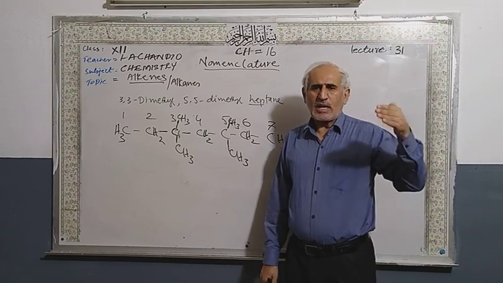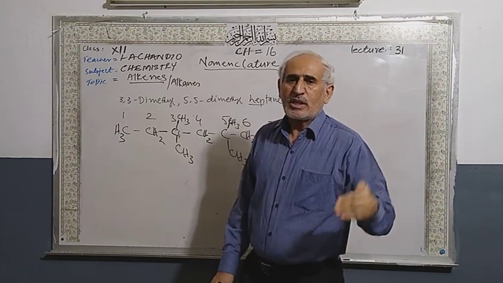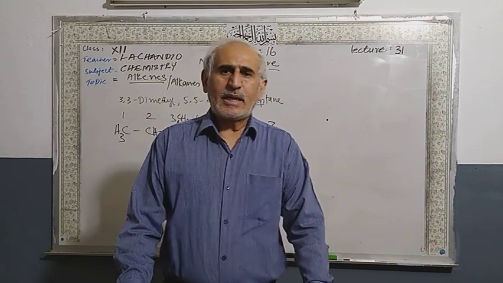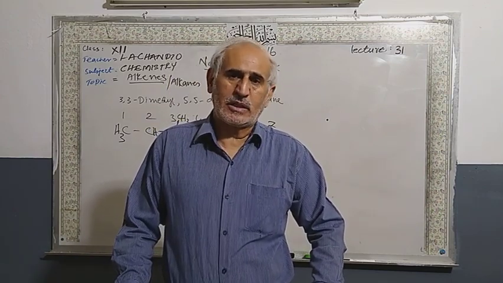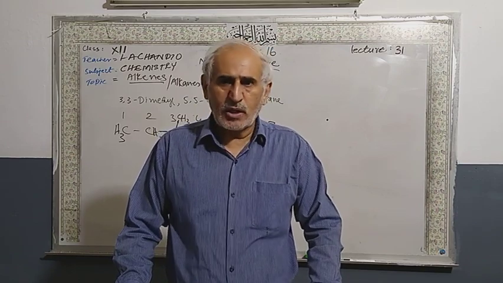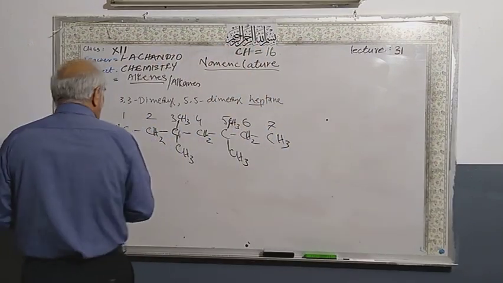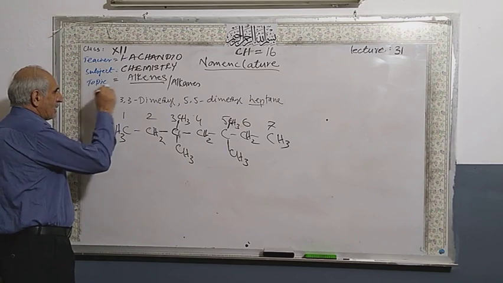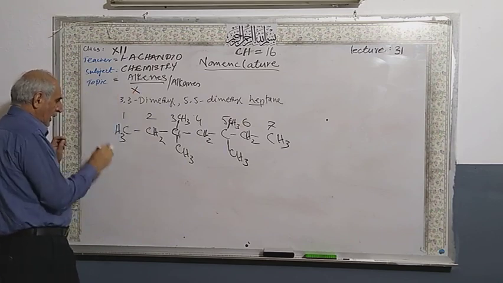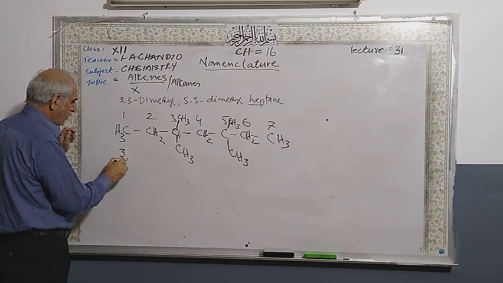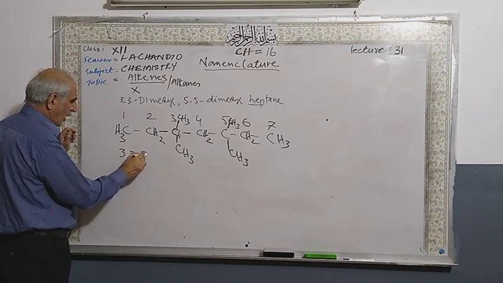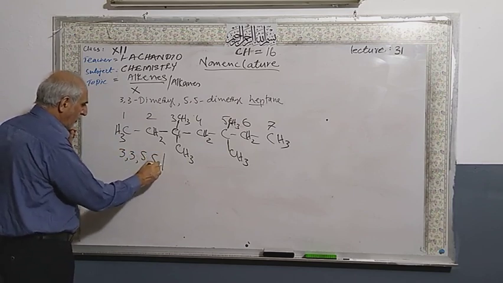Same groups are linked with carbon atoms, so you have to write collectively. All methyl groups. So this is the wrong name, and the correct name I am going to write is 3, 5, 5